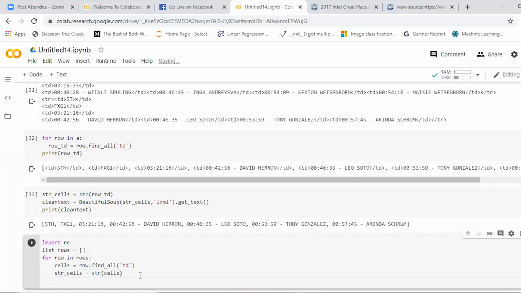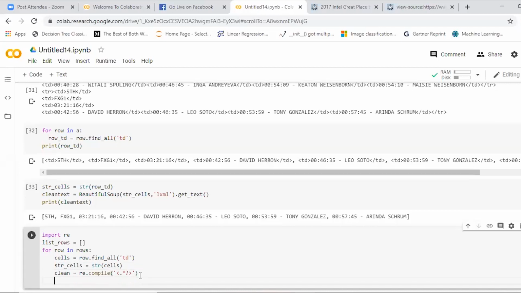So I've converted every data into string format. Then I'll give out here. This is where I use my compile method. You just follow it very clearly here, because we give out all the things: star, question mark, less than symbol, greater than symbol, because we need to remove the angular braces. We need to clean the entire data. That's the reason I gave re.compile. So compile is used for giving out the pattern over there. Is it clear till here?